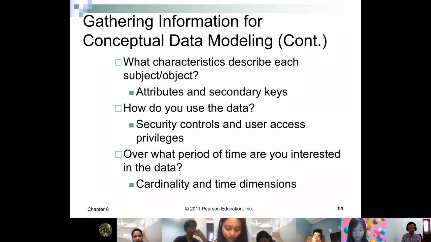You have a name, date of birth, place of birth, address, your grades, subjects you have taken, subjects you are taking now, your hobby, your favorite food, your favorite leisure time activities, things like that.